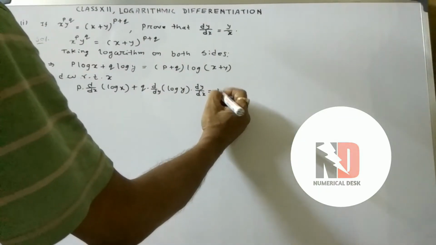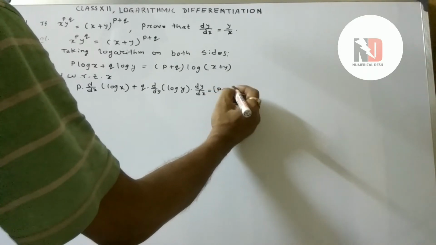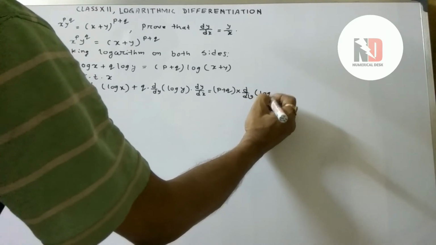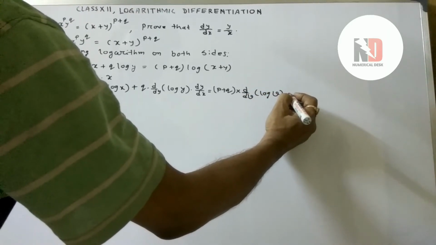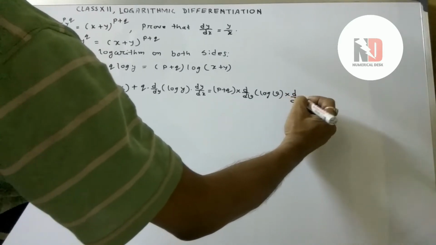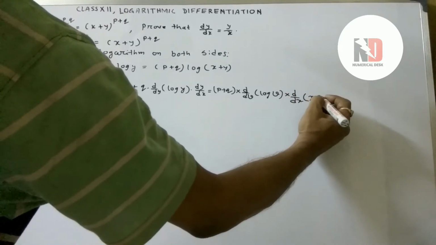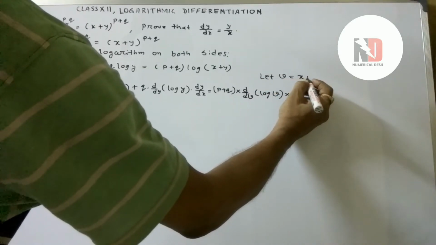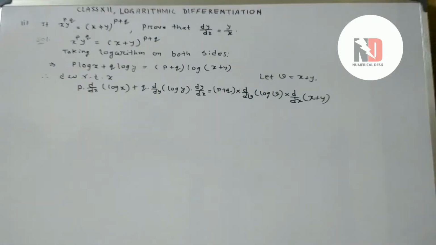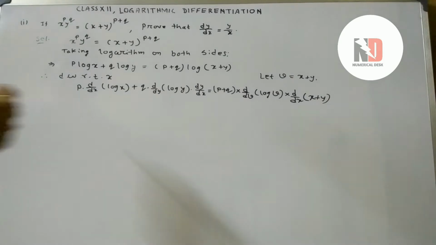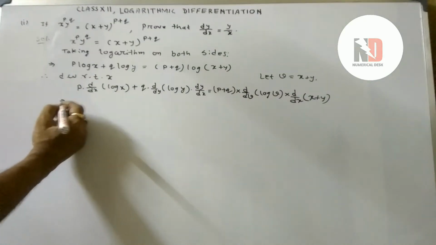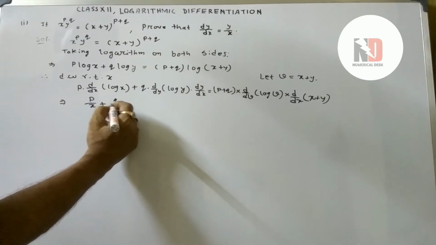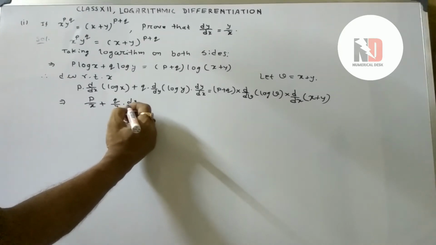So d by dy of log y, then dy by dx. Now p plus q constant, and d by dx here again of log of x plus y. We assume x plus y as v, because d by dx of log of x plus y is not possible, but log v is possible. So let's continue, follow the previous step carefully, especially the right hand side. The chain rule is used within the logarithm expressions,